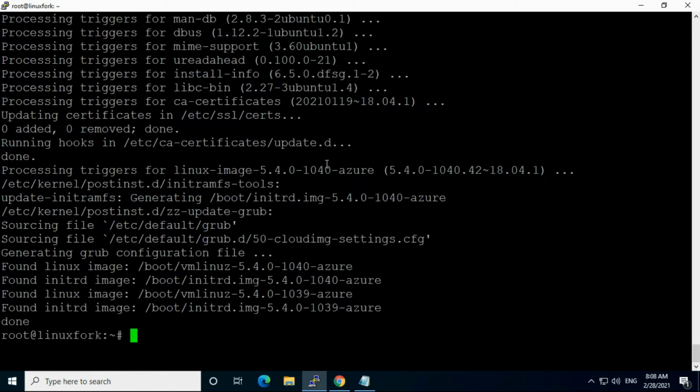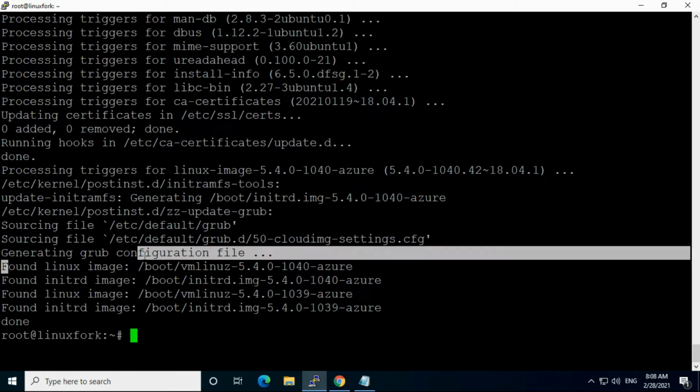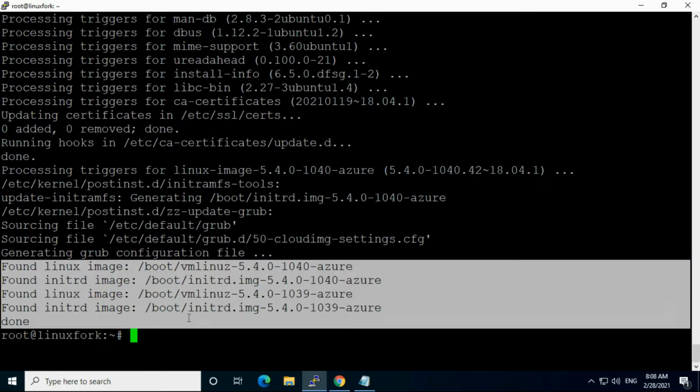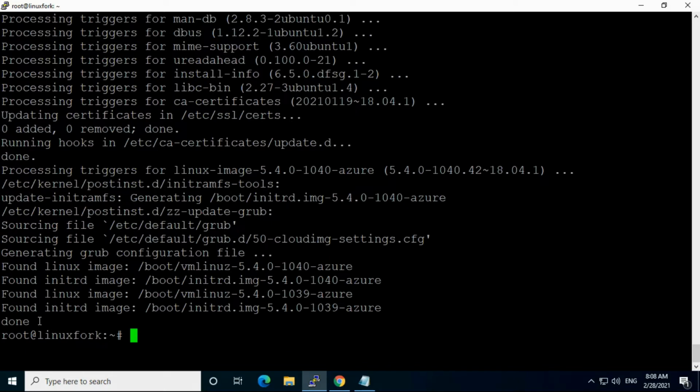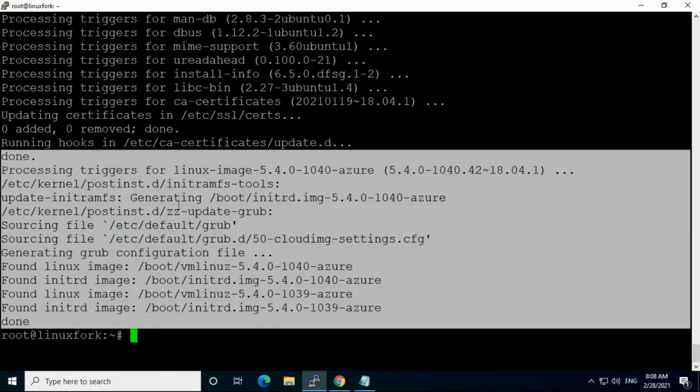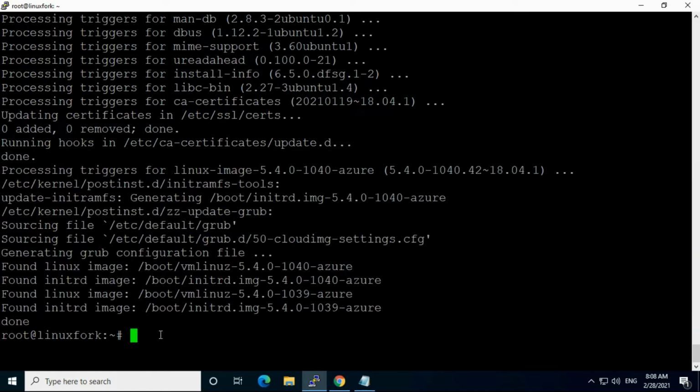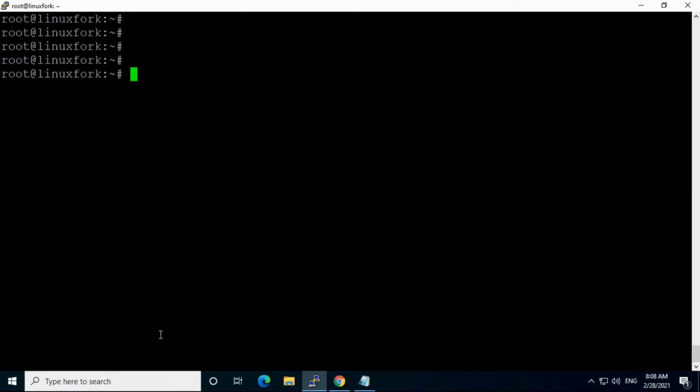Okay, as you can see, some package is not there, font Linux. So everything is done. A lot of changes happen after upgrading, so I am not going into those things. Let's do the next step.